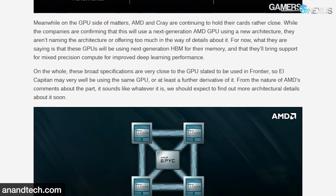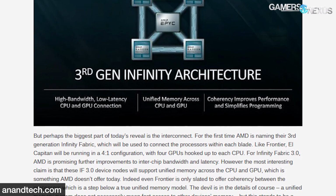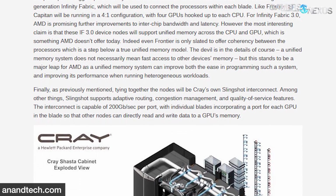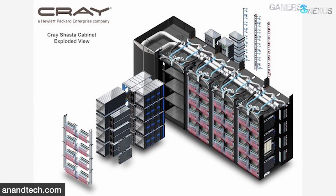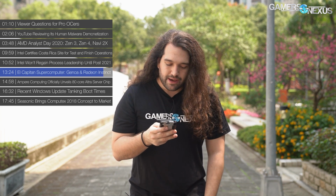Each blade in the supercomputer will run a 4-to-1 configuration with 4 GPUs connected to 1 CPU, and AMD's 3rd generation Infinity architecture, Infinity Fabric is now called Infinity Architecture, is also going to be in deployment. El Capitan will replace Sierra and will primarily be used for nuclear weapons modeling. We're looking forward to the future